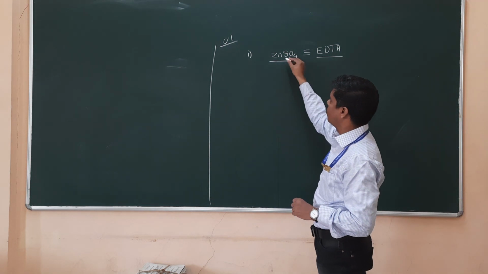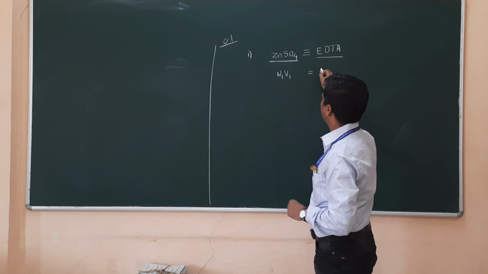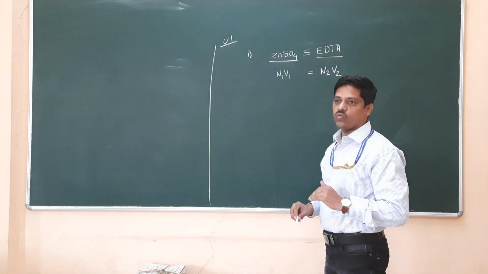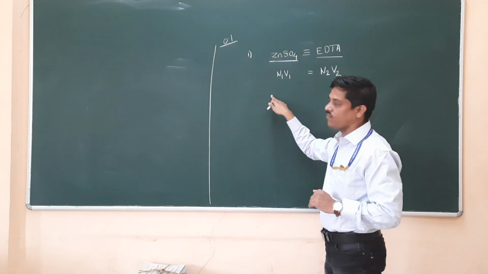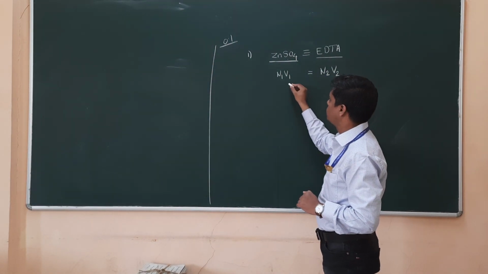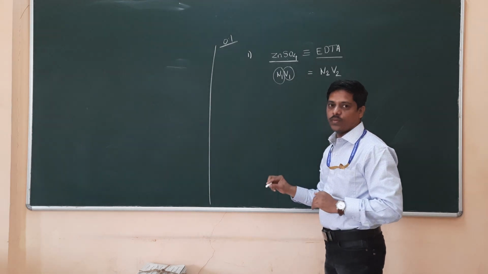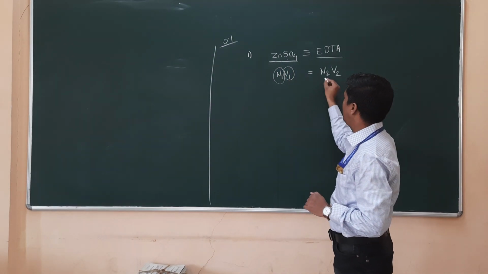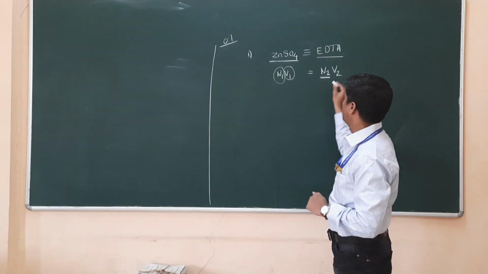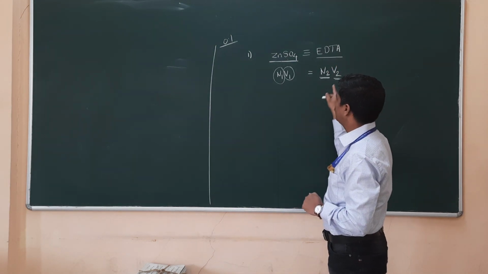So first, for zinc sulfate, if it is your N1V1, and for EDTA if it is your N2V2. Okay, so zinc sulfate, same procedure you have to follow. Take 10 ml zinc sulfate solution in titration flask, add buffer solution, then add EBT indicator and titrate against EDTA. So you know the 10 ml you have taken, N1 is the normality, 0.1 prepared, so it will remain 0.1 for zinc sulfate. Okay, N2 is the normality of EDTA that we want to find out, how much exactly it is now. Okay, V2 is what? V2 is the volume of burette. Okay, so it is a burette.